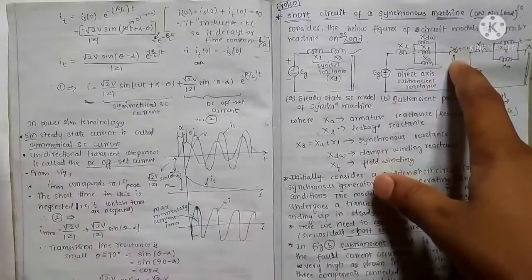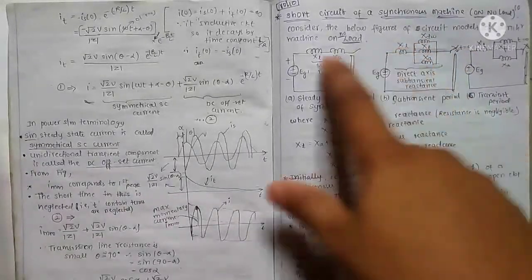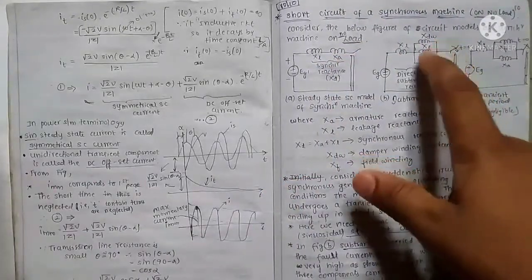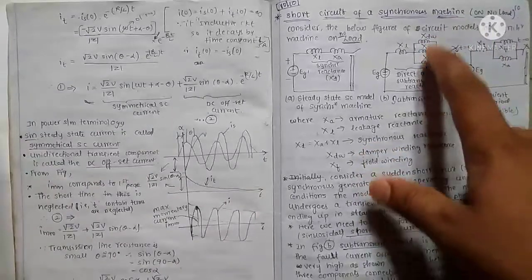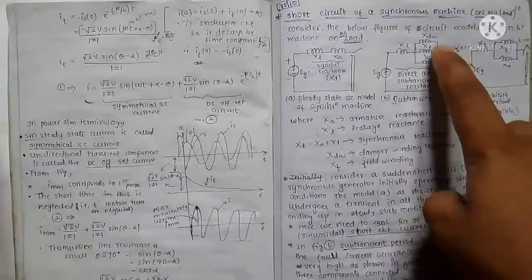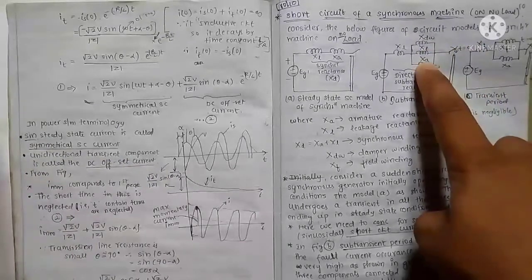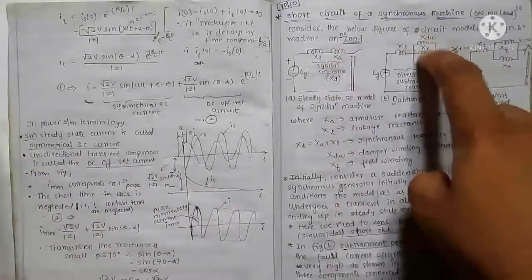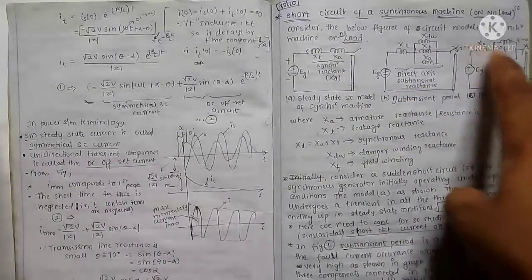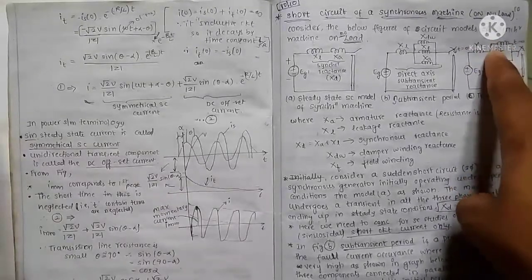After a few seconds of fault, we get a subtransient period. In that, XL remains the same and the armature impedance differentiates into XDW, XF, XA, where XDW is the damper winding reactance, XF is the field winding reactance, and XA is the armature reactance. Armature reactance is split into 3 components, and after entering the transient period, we get 2 impedance circuits in parallel, that is XF and XA, armature and field winding.